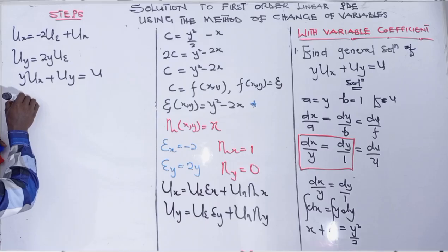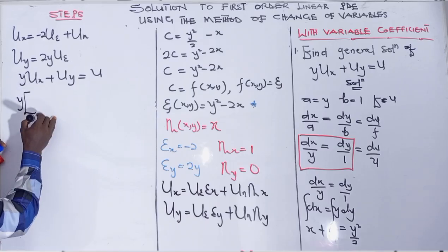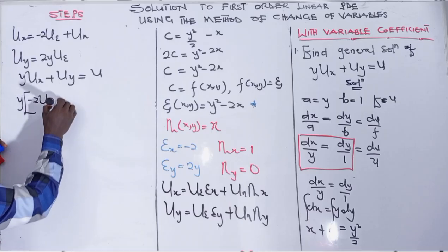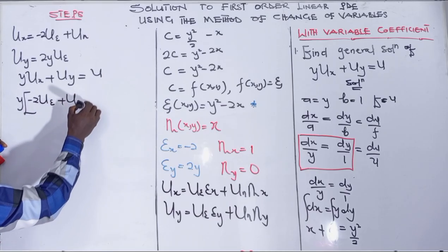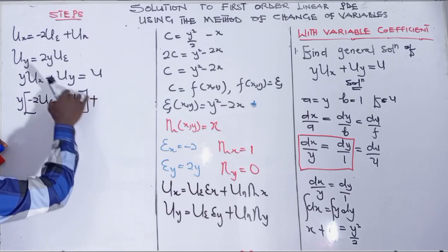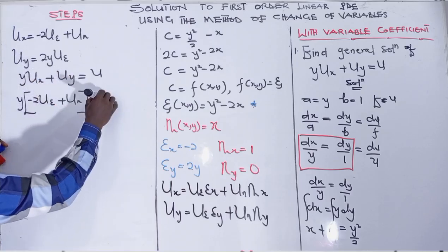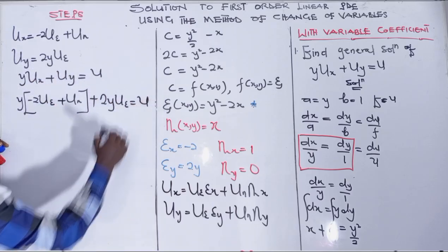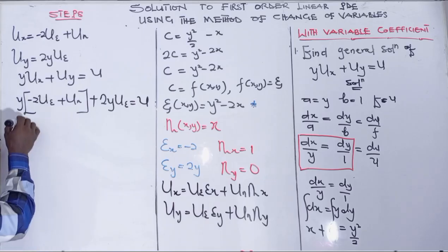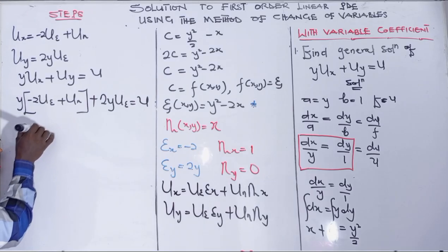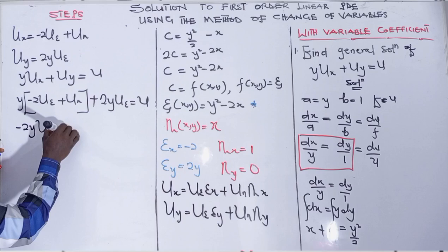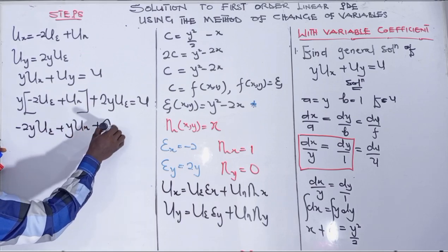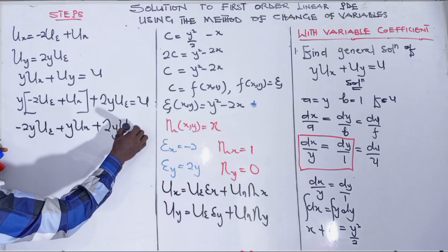So we are going to have y and then ux: minus 2 u xi plus u eta. Then we have uy. Uy is equal to 2y u xi, is equal to u. So let's expand the bracket. This is going to give us minus 2y u xi plus y u eta plus 2y u xi is equal